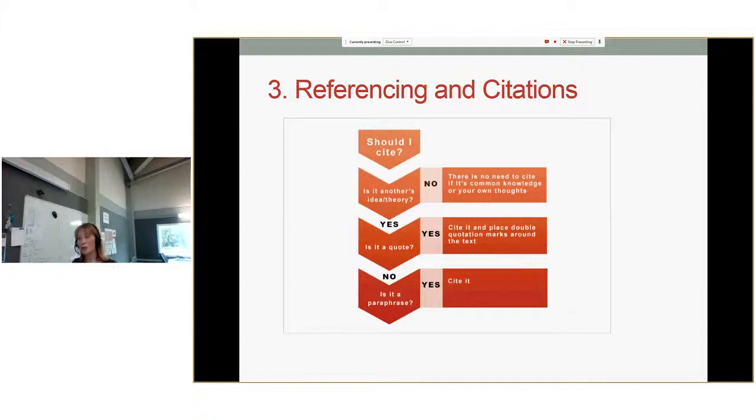So you can either quote or you can paraphrase. You've got to make sure you don't put too many quotes in your assignments, because otherwise it just looks like you're relying on other people's ways of expressing ideas. So sometimes you need to learn how to put things into your own words, that's paraphrasing. But if you paraphrase someone else's ideas, you still need to include a citation. So even if you're not quoting, you still need to acknowledge that this is someone else's theory or someone else's idea.